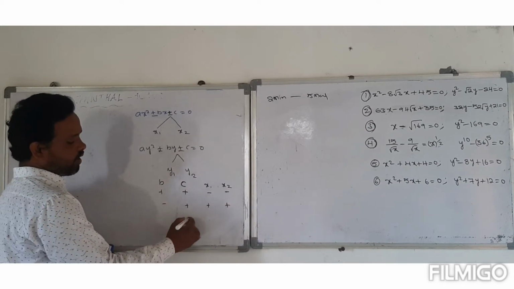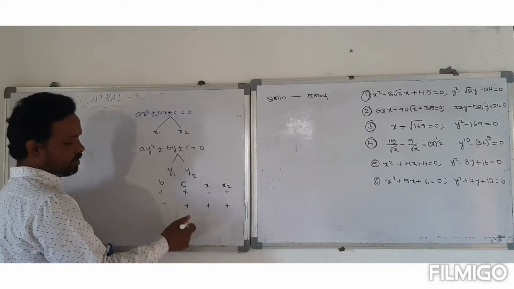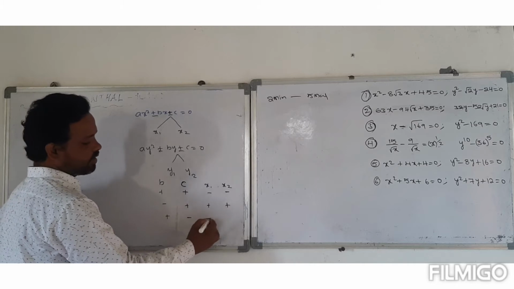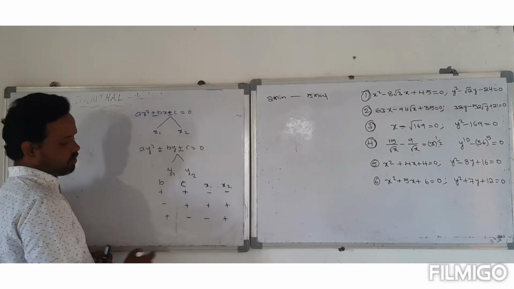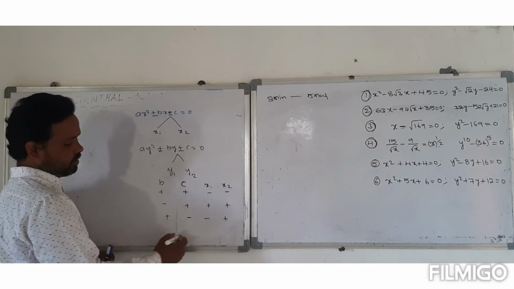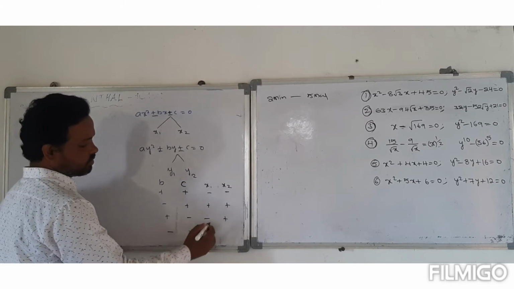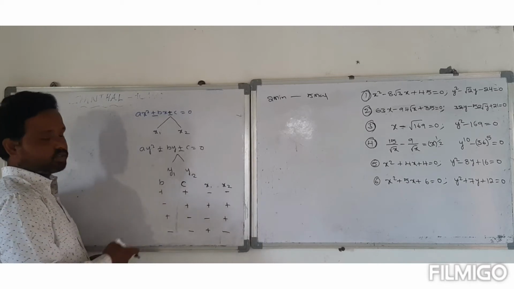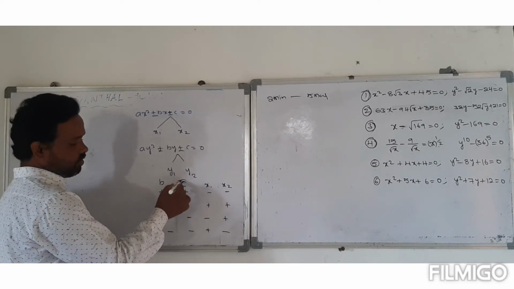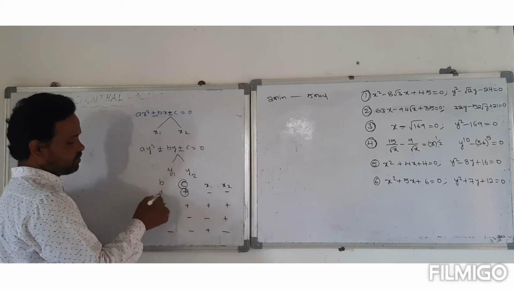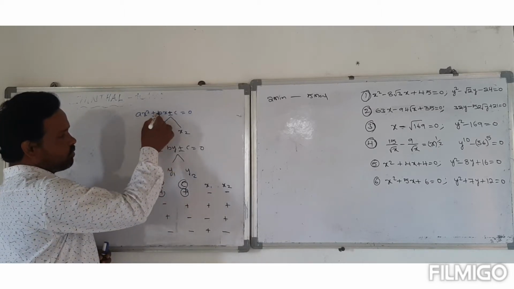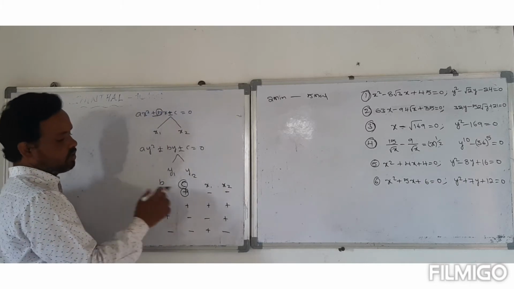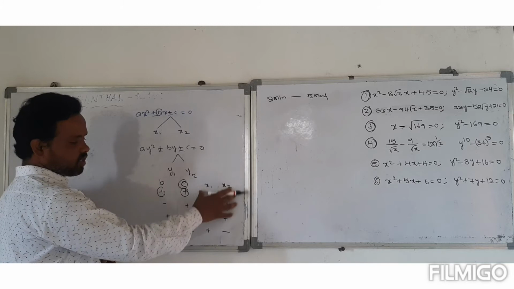In case the constant value is minus and b is plus, then we are getting minus and plus. Okay guys, if here minus and here also minus, then we are getting plus and minus. These are the sign values. If the constant value is plus, then the b, who is b? This one, the coefficient of x. If the coefficient of x is plus, in that case we are getting such type of roots.